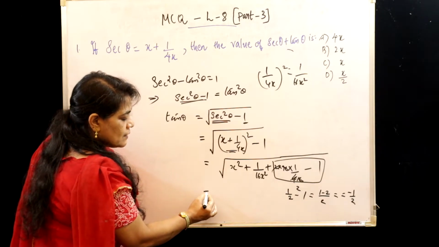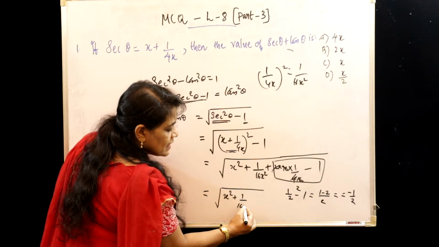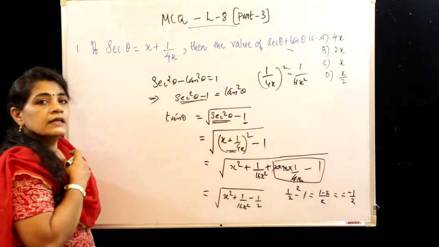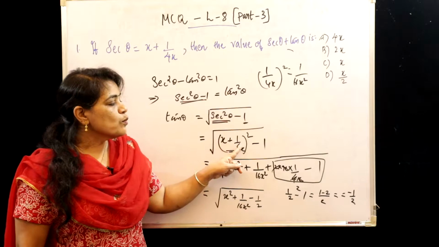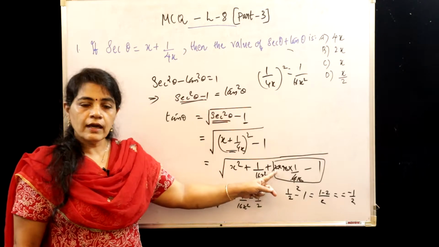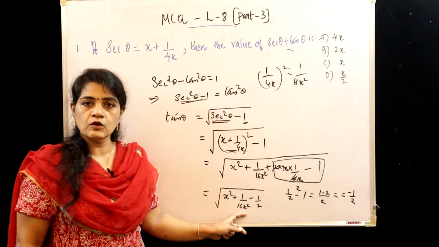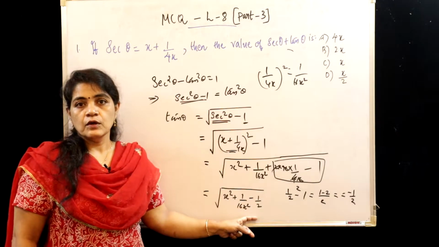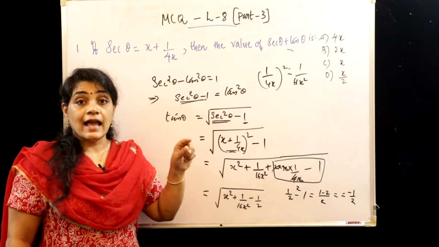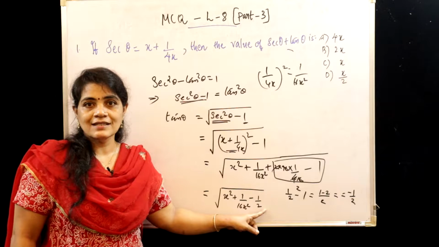That is the next step. So inside the bracket we can write x square as it is, plus 1 by 16x square without any change, and here minus 1 by 2. See, children, here we know the expanded form of the identity. So x square is there, plus 1 by 16x square is there, and minus 1 by 2. See that this is the expanded form of the identity a minus b whole square, here in place of a, x, and minus 2ab, that is the third term, isn't it?